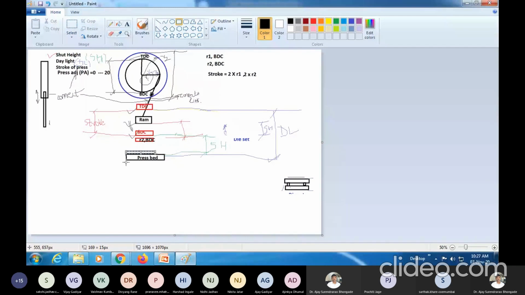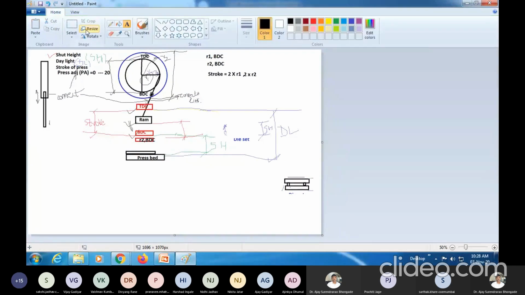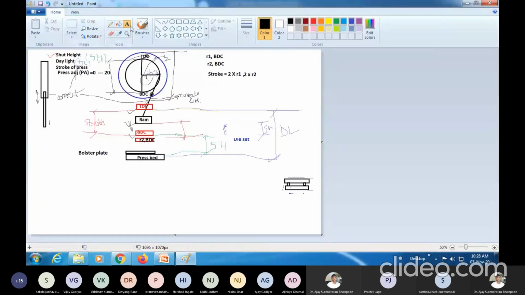If I put up that particular bolster plate, then the thickness of the bolster plate can also vary the stroke or the space in between. So shut height will be again different. Shut height and daylight, all those calculations will again vary if I put some bolster plate in between. So this particular thing is called bolster plate. These are all the things kept there to make some adjustment during the operation.